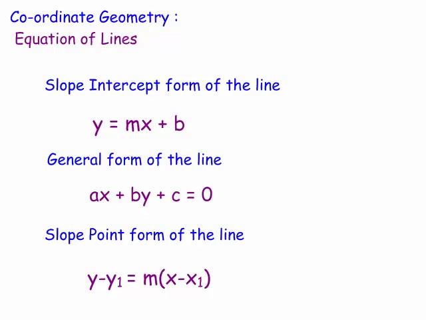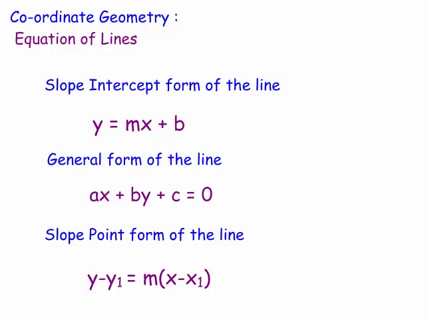Now, you'll notice I haven't put the two-point form in here. The two-point form I shy away from a little bit, and we just use the point-slope form usually. But I'm just going to go through some examples, but before we do an example, I just want to show you,